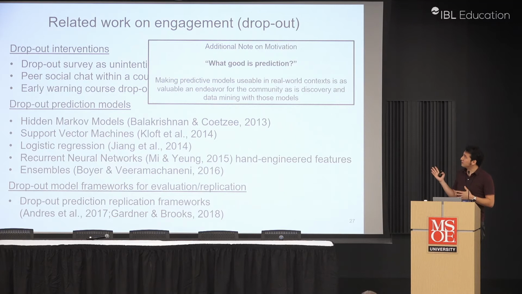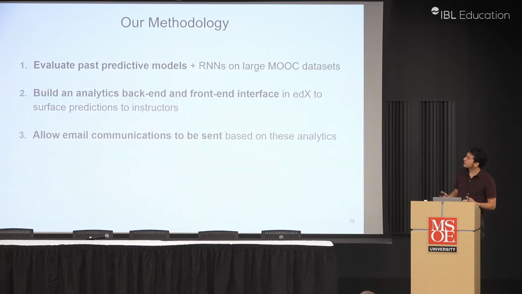But what there's not a lot of is, what good are these predictions? How do we bring them to bear to make some impact on the student experience or learning experience? And so we had that in mind. So we trained models to predict the probability of a learner dropping out, and we generate this prediction every day. The probability of a learner completing the course, which means they will turn in enough material to have a chance to pass. And then the third prediction is if they're going to pass the class.